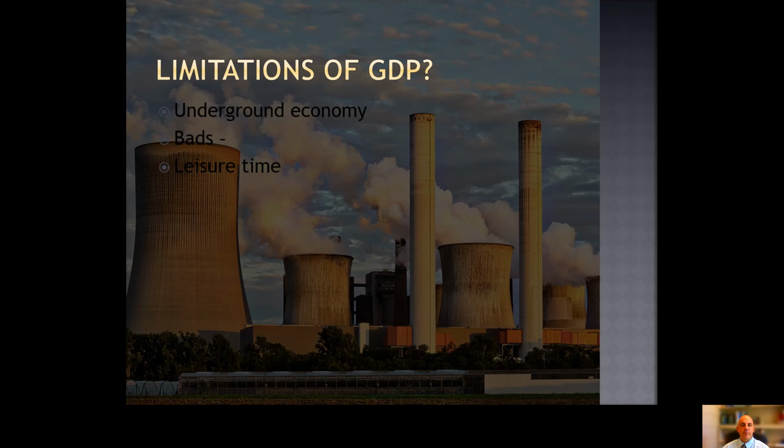And there's no real way that the number we've looked at can accurately reflect the bad things that we're producing also. And another factor that it doesn't consider has to do with the fact that we really have little leisure time. We may be producing a lot of things and our GDP may be very high, but maybe we don't have as much leisure time as might be desired. And if you're working 2 or 3 jobs, you'll also recognize the value of leisure time might be important.